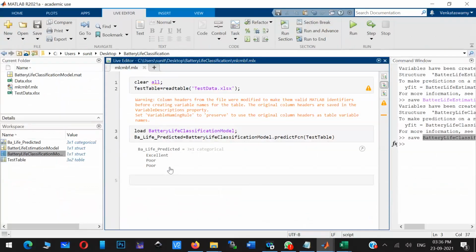So this is basically classification learner, and the other is regression learner. You should know when to use classification learner and when to use regression learner. Very simple: if you have string variables, fuzzy variables, discrete variables or text variables in your problem, then you have to go for classification learner.